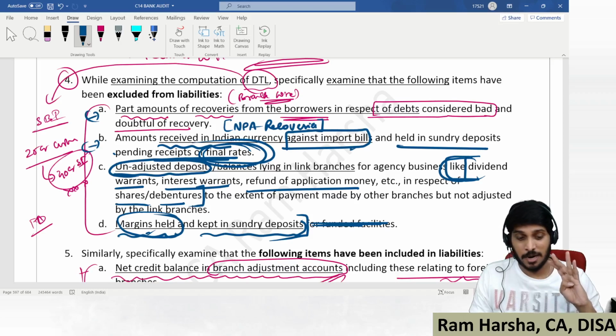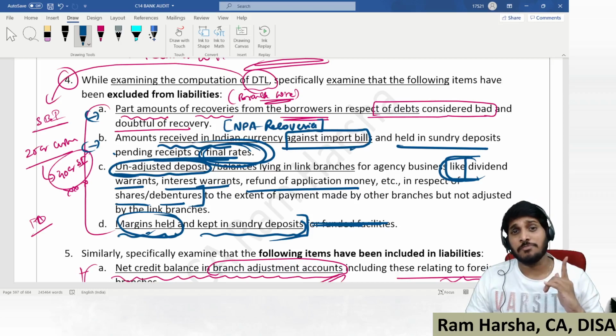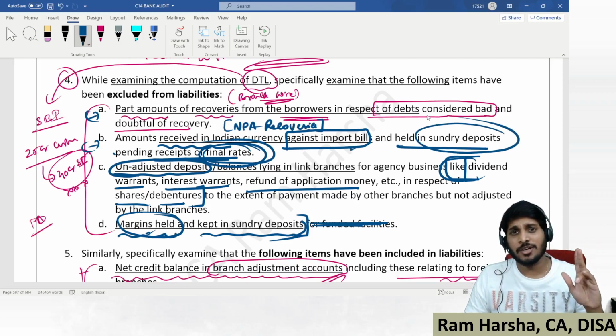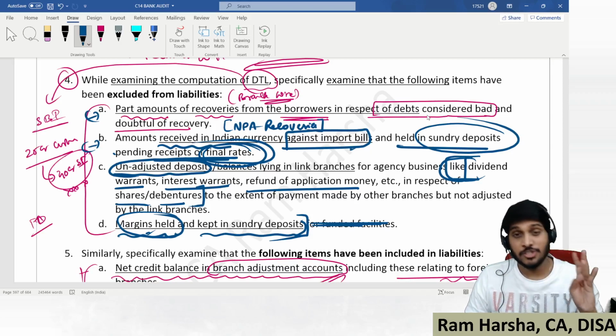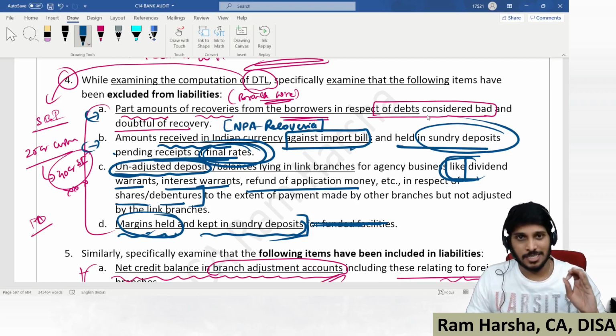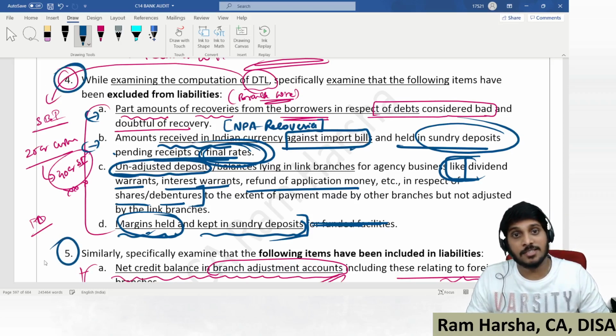Four items not considered as part of NTDL. Recoveries in NPA lying in the deposit account, not treated as NTDL. Second one, amount received for imported bills for which final rates are pending to be decided, so it is temporarily sitting in the sundry deposits ledger. Unadjusted deposits such as dividend warrant, interest warrant, share application money to be refunded, all that. Finally, margins held. This fourth point and fifth point together, they may ask as a separate question,